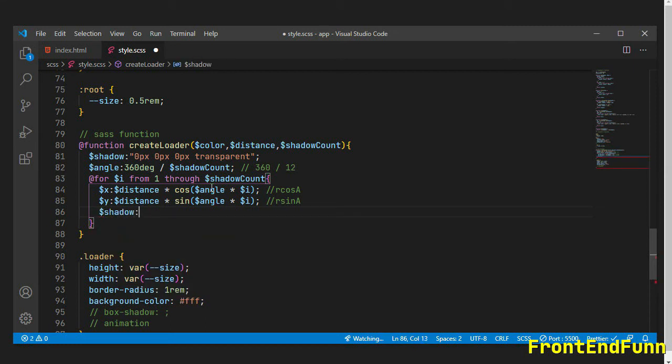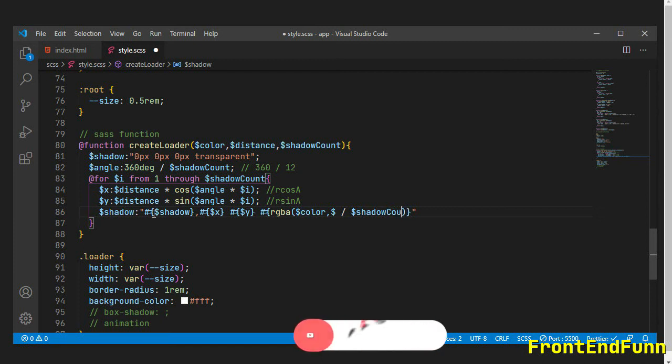so we'll append to the original shadow variable here. So what I'm going to do is I'll create some double quotes, and inside the double quotes I'll write the variable shadow, and we need to paste the x value here and the y value, and we'll create an RGBA function where it takes the color which we passed there and $i divided by shadow count.